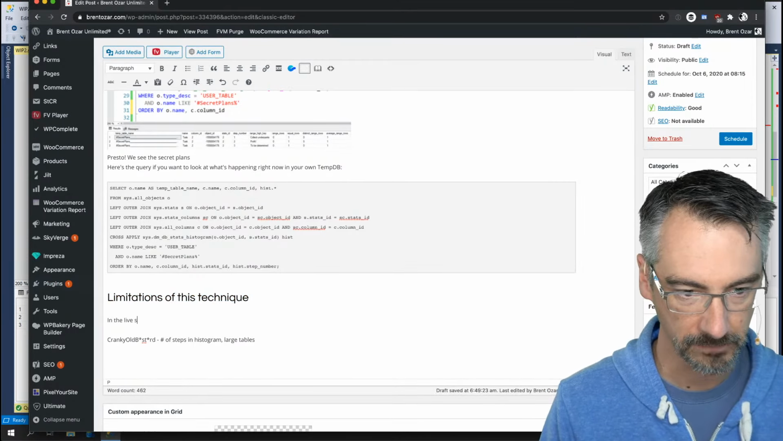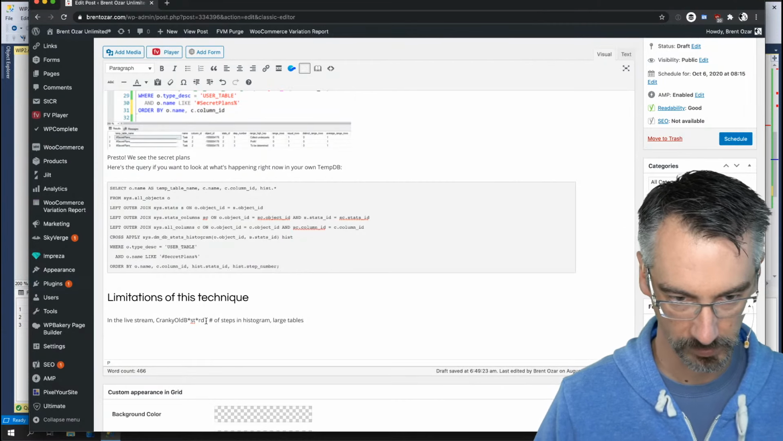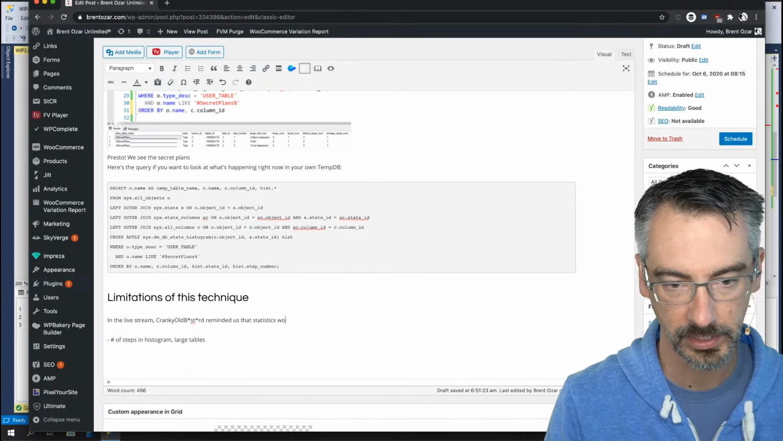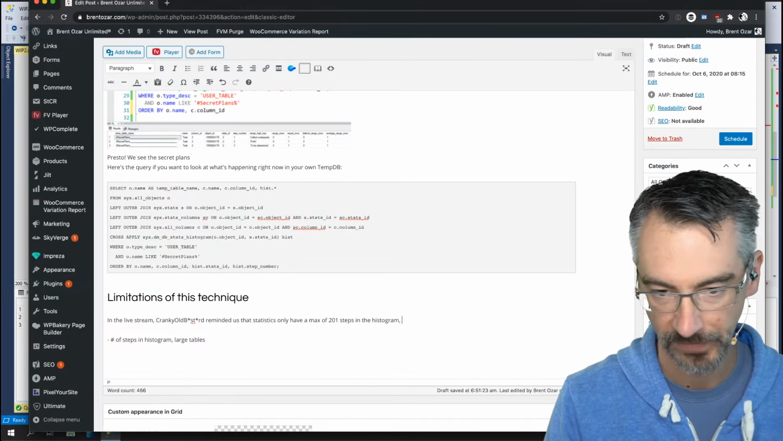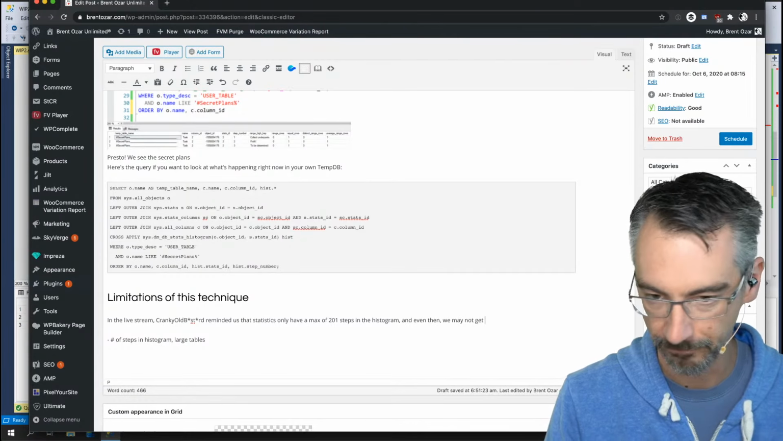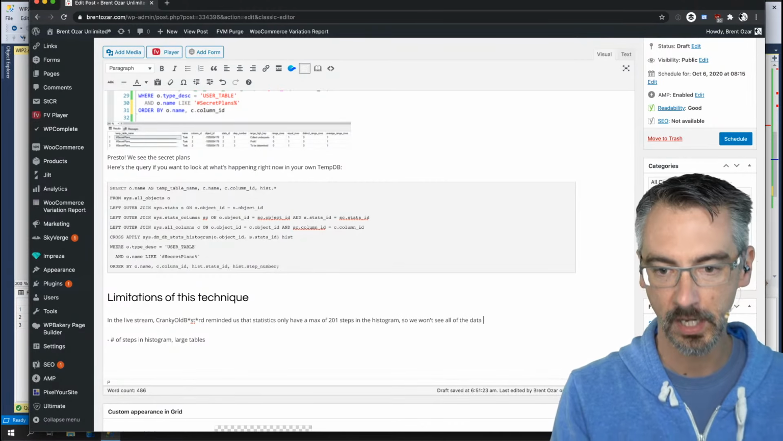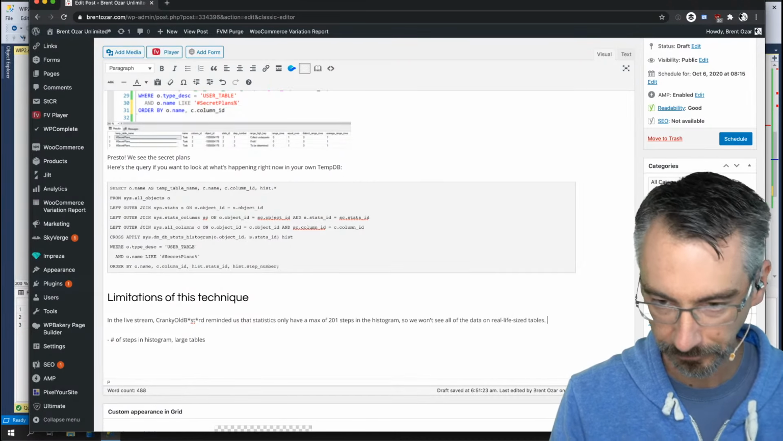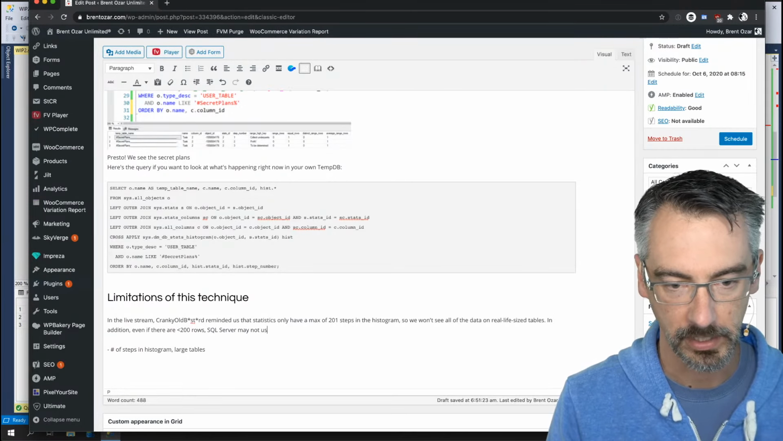As in the live stream, Cranial Master pointed out, reminded us that statistics only have a max of 201 steps in the histogram, and even then we may not get in period. So we won't see all of the data on real life sized tables. In addition, even if there are under 200 rows, SQL Server may not use all 201 steps in the histogram